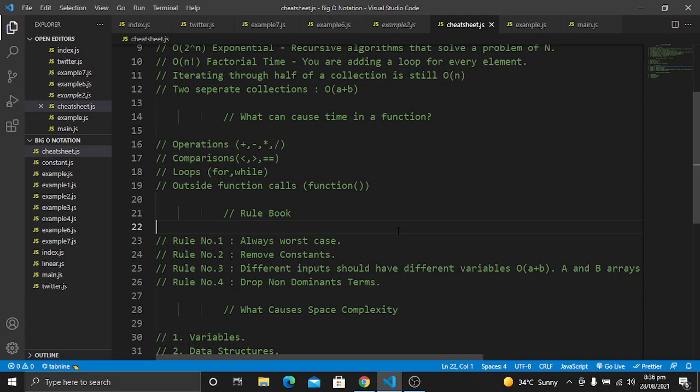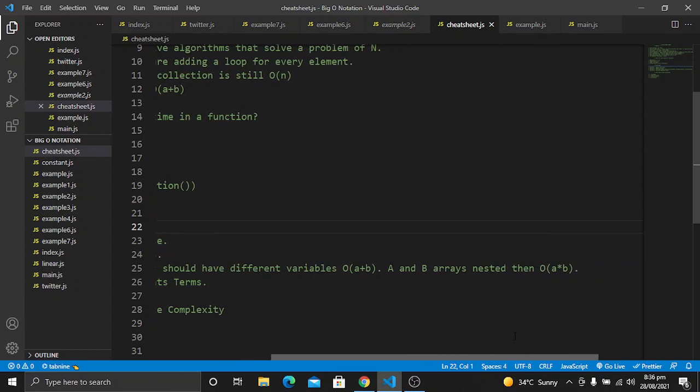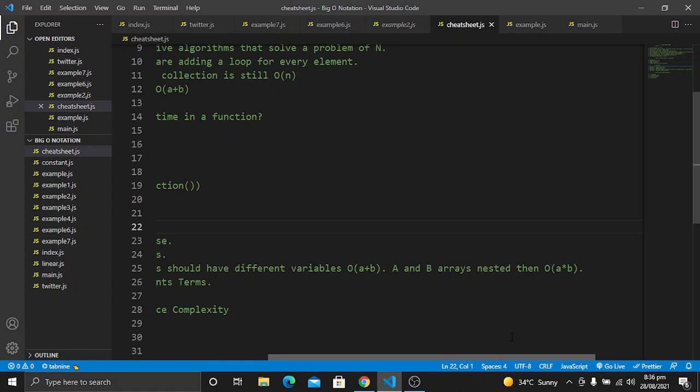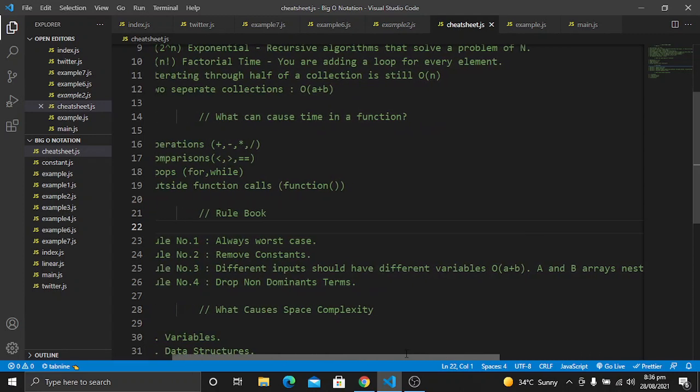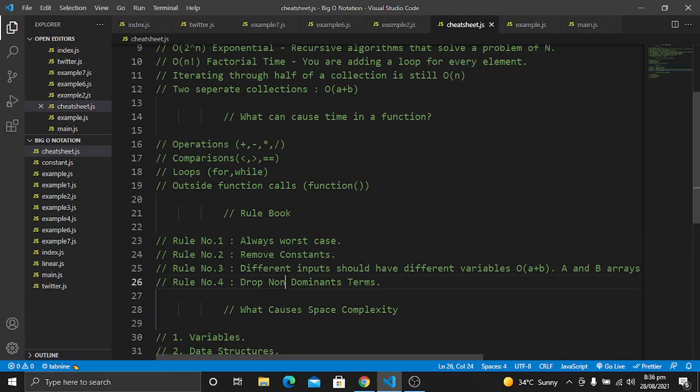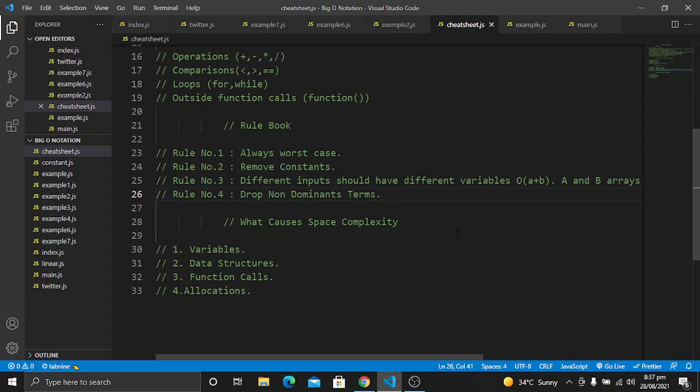The rule number 3 is different inputs should have different variables, which will be O of a plus b, and for a and b arrays nested, O of a times b. So if we have nested loops, then we will use O of a times b. The rule number 4 is drop non-dominant terms. We have discussed it in detail, that if one term has a negligible effect on the other, then we will drop it. The last point is what causes space complexity.